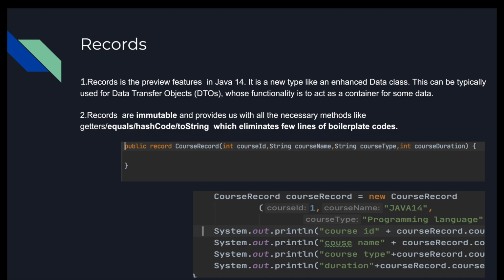So basically a record is a new type like a data class. This can typically be used for DTOs, data transfer objects, whose functionality is to act as a container for some data. Records are immutable, that means it doesn't provide setters, we cannot change its value, and it provides all the necessary methods like equals, hashCode, toString, which eliminates a few lines of boilerplate code.